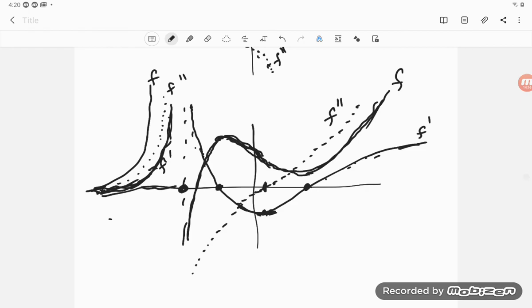Okay, so there are 3 examples of being given f prime and drawing f and f double prime. So this is something you want to work at a lot, and I'll probably show you something with Desmos that you can also use to help you practice. Okay, so